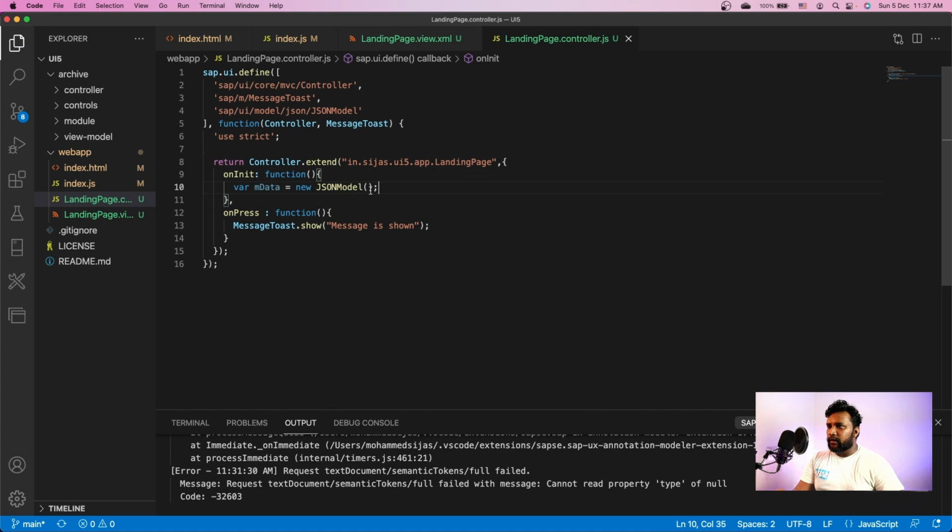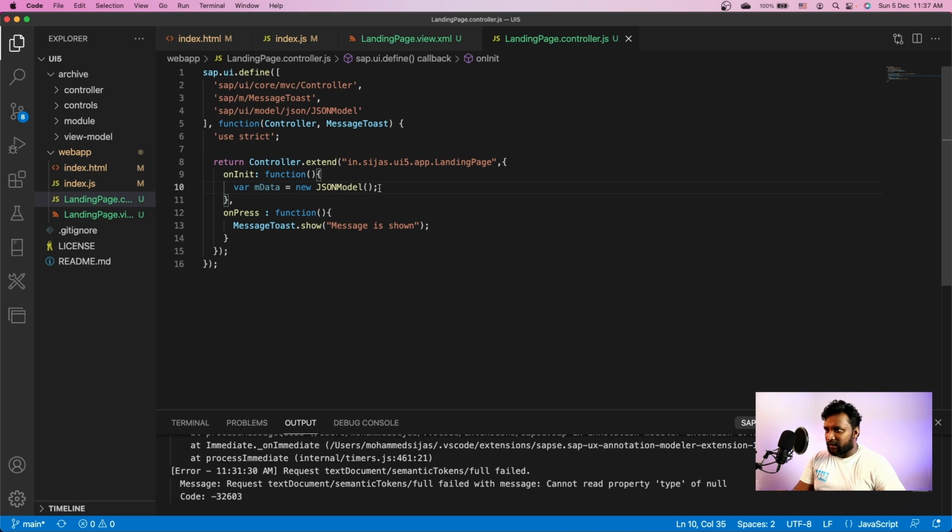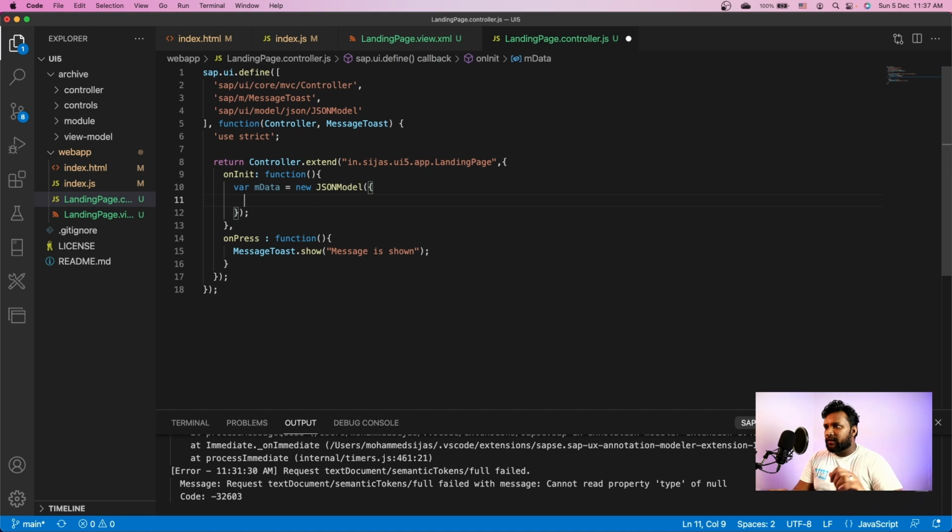Okay, it creates a new JSON model. So what is required here? We need to provide a JSON, not this guy. This is JSON actor. We need to provide the JSON object. So I'll provide a JSON object and I'll give something called message, which will be a property, and this is a message shown in UI5 demo.